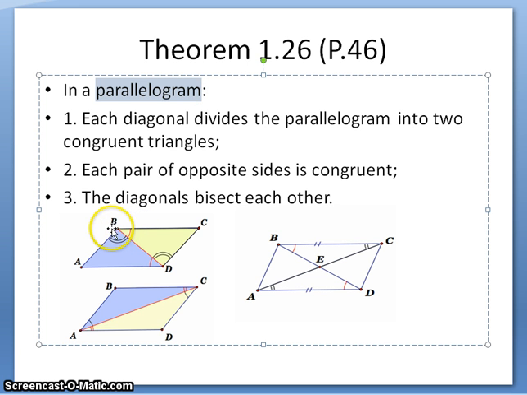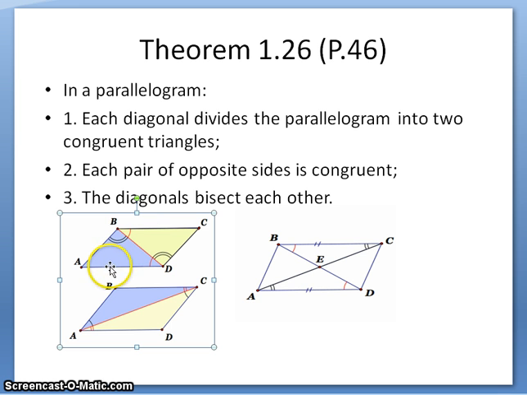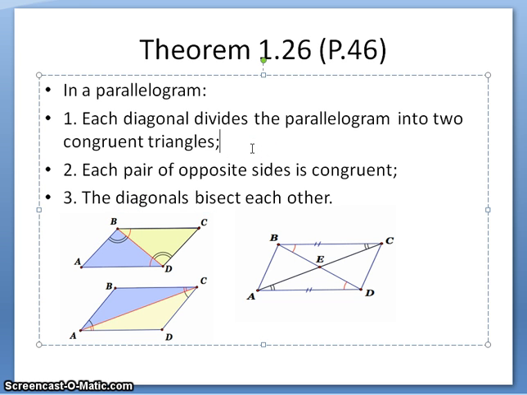So in the picture, BC is congruent to AD, and BC is parallel to AD, and AB is parallel to CD. What's given will be BC parallel to AD, AB parallel to CD. We need to prove, first one, each diagonal divides the parallelogram into two congruent triangles. So if we draw a diagonal BD,